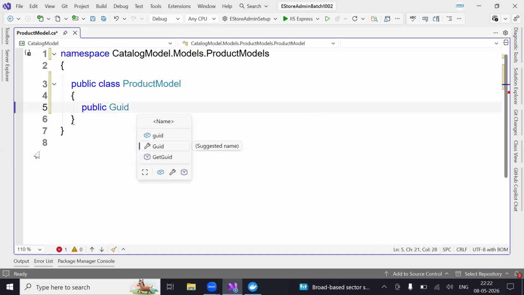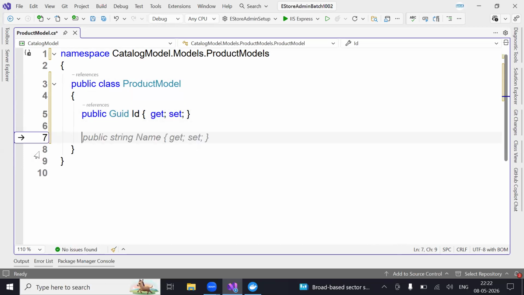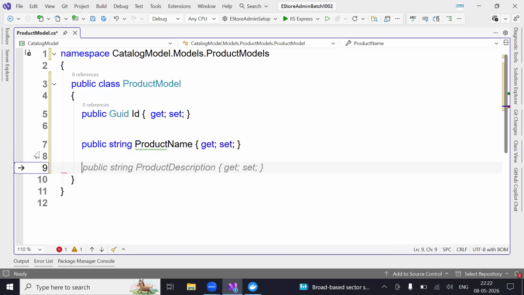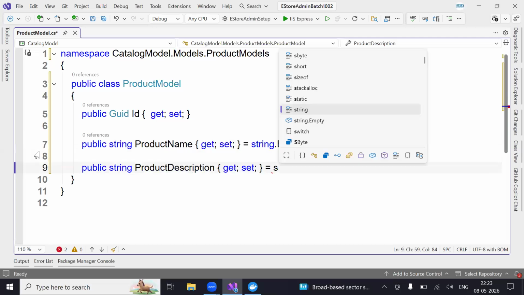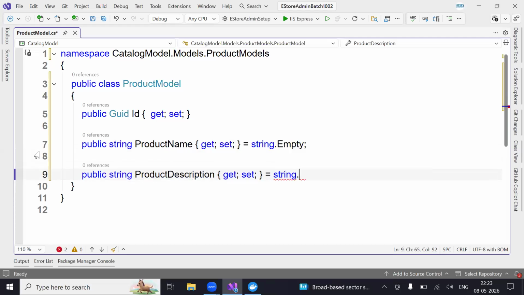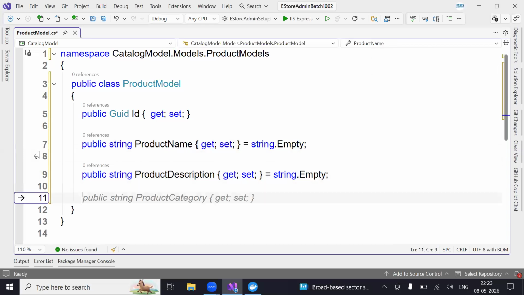public Guid Id { get; set; }. What is the next thing? Product name. Public string ProductName. Next, public product description. It is always best practice not to have compile error warnings, so you have to use it like this. Okay. Now what is the next thing? Product category. Public